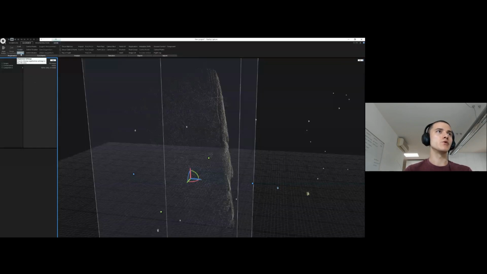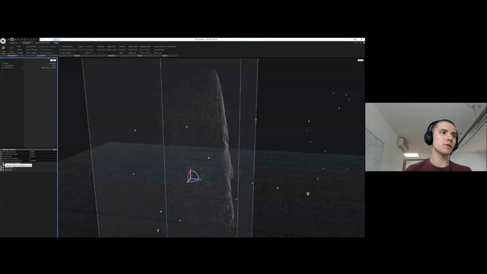Okay, you can go over here on settings and change how the program will calculate the actual alignment of the images. If you want more detail, more precision, you can do that from here. Usually I don't really touch this section because the default settings give me a pretty satisfying